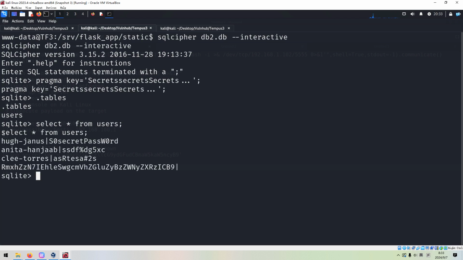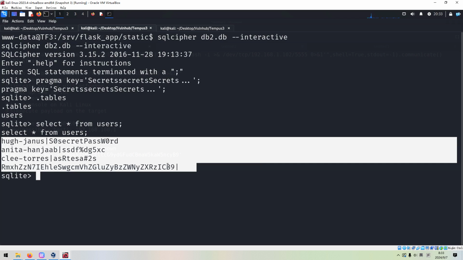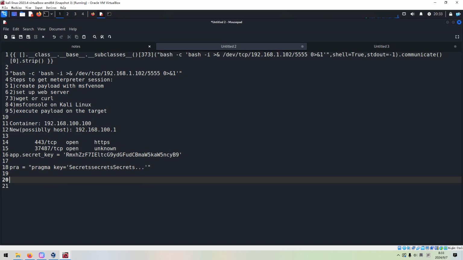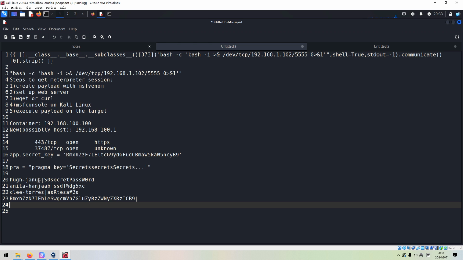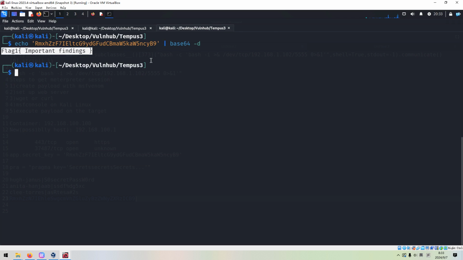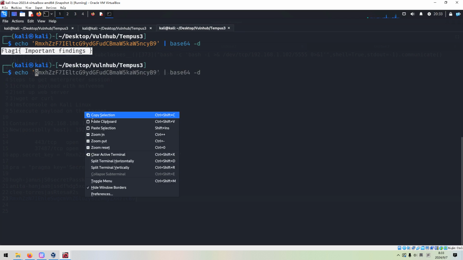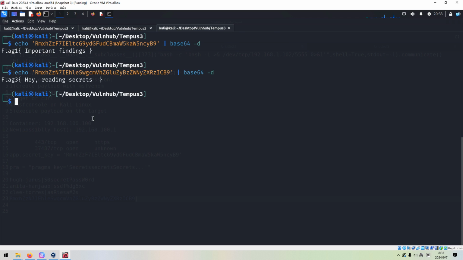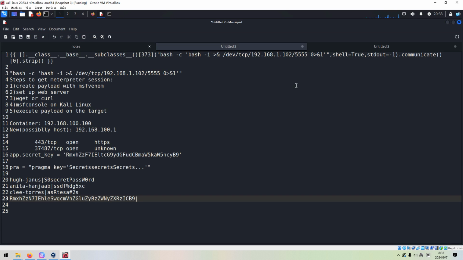And we got something we can copy and paste over here. So I think this should be the credentials, and except the last one we can copy. Maybe this is another flag. Okay. This is the third flag, but we didn't get the second flag yet.